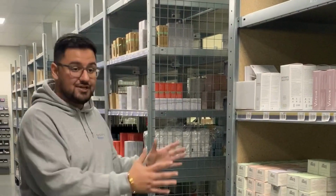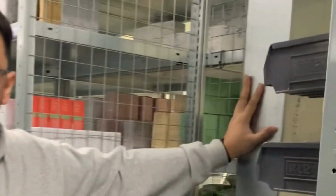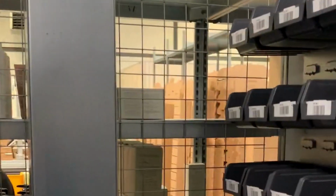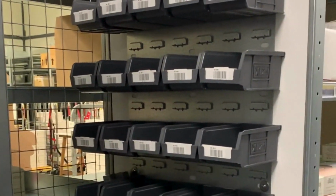So one of the most common problems and challenges with the layout of a warehouse is having to fill voids like this. Whether you have a mezzanine or a lower roof warehouse, you'll have some support beams in, and the space in between interrupts your picking aisles and can become dead space. So in any scenario where your picking locations are compromised because of this, you can have additional storage like these